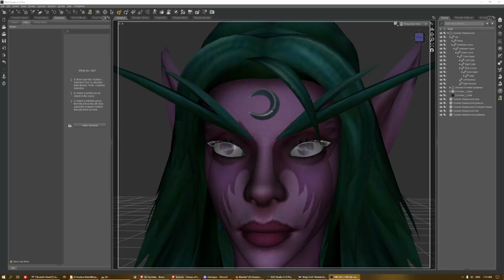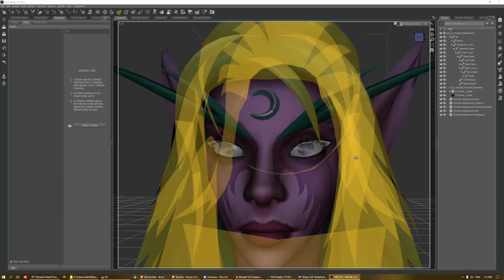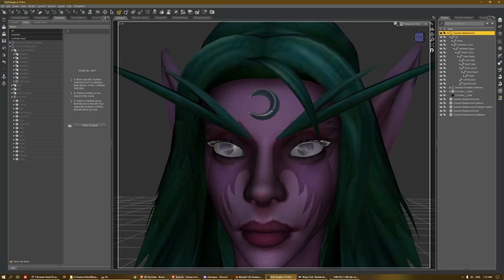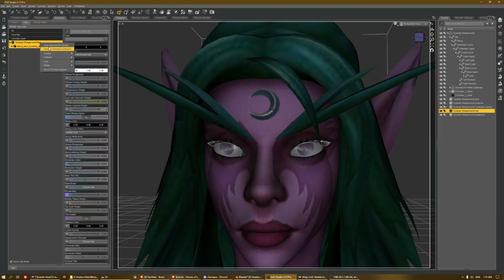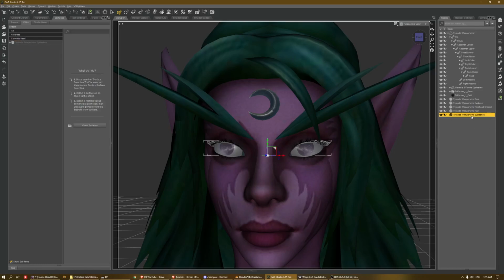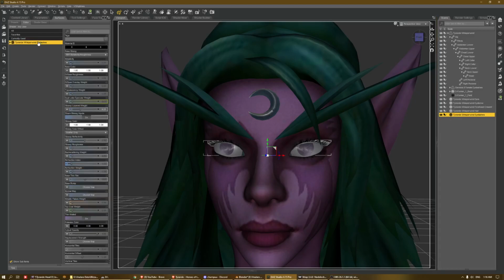Okay, this is a short tutorial on my method of parenting eyelashes, custom eyelashes that you port from other models. In this particular case, I am porting the Warcraft Tyrande eyelashes. So the way I do these eyelashes currently is